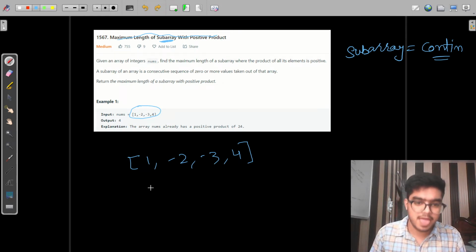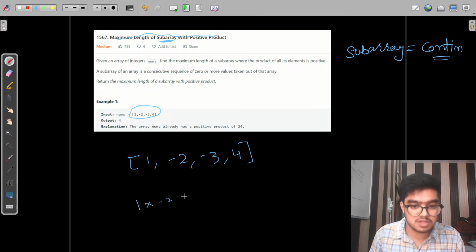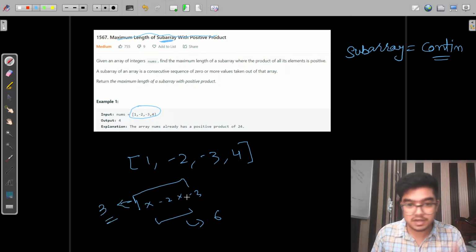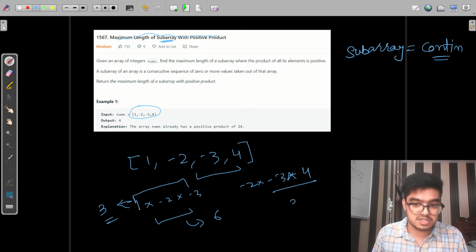It means if we multiply 1, then minus 2, then minus 3, its product is equal to 6, and the number of elements we take to create this is 3, right? If we take minus 2, minus 3, and 4, it also has length 3.